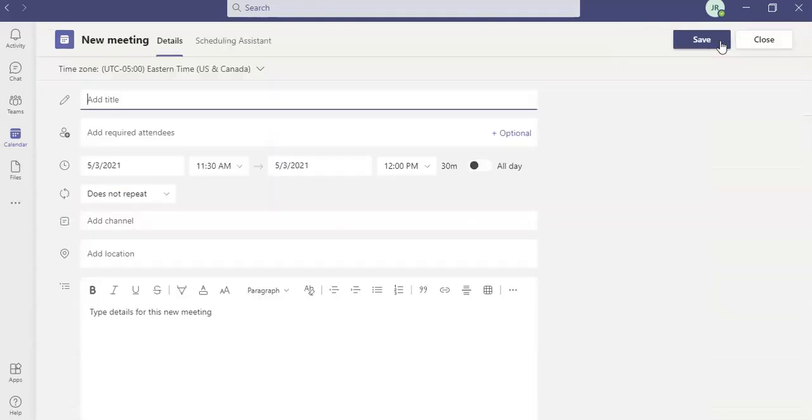In this new meeting box, there's a bunch of information that it's asking for. We don't have to fill everything out. We just need some basic information. And this is really just for your benefit. The students aren't going to see this information. So I'm just going to put this as my daily Teams meeting